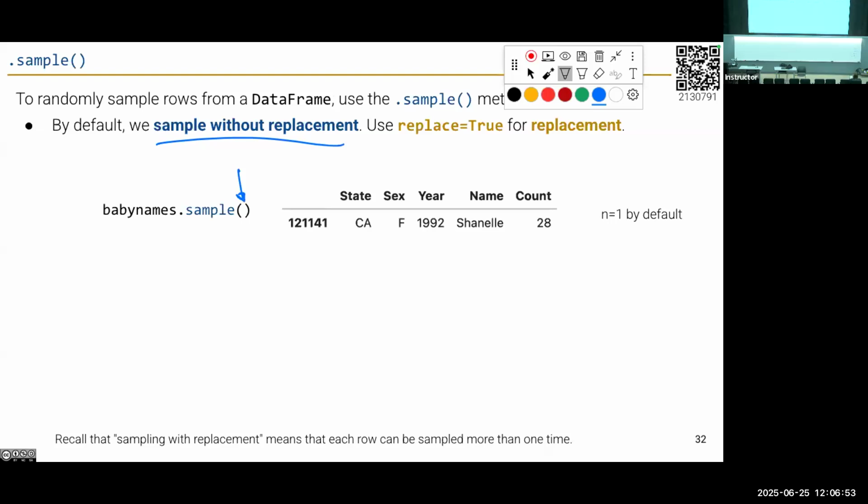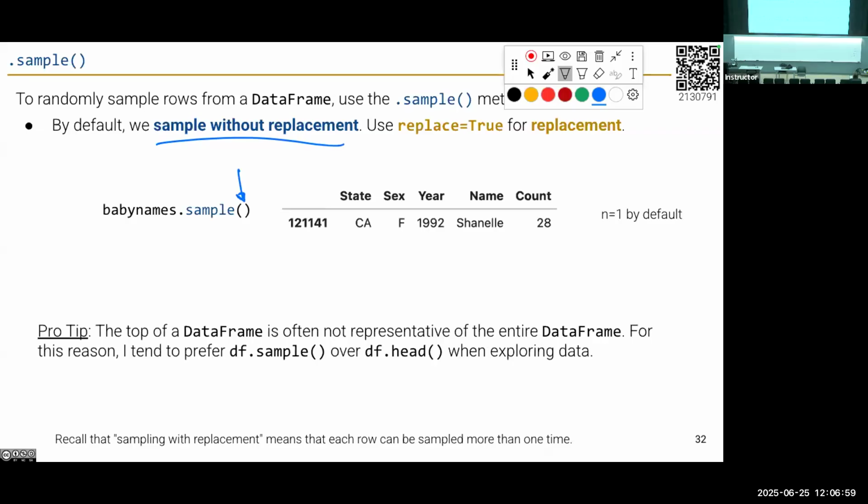Okay, and if you want replacement, you have to include the replace=True argument, which we'll see on the next slide. So again, pro tip, we mentioned this before. df.head, when you're actually exploring data, can be kind of misleading. The top of a data frame isn't necessarily representative, whereas df.sample, if it's randomly sampling, will give you a better idea of what's going on. Okay, just a little pro tip.